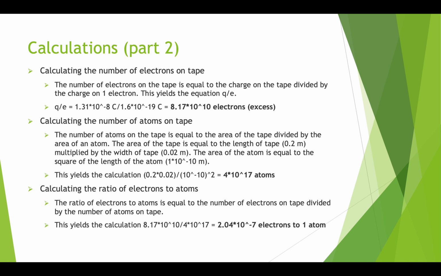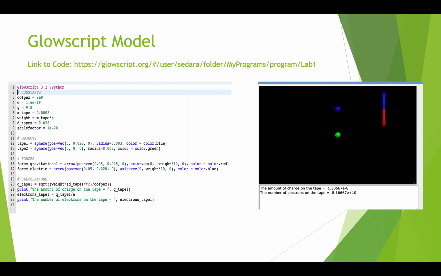Finally, I calculated the ratio of electrons to atoms, which is the number of electrons on the tape divided by the number of atoms on the tape, which led to the result 2.04 times 10 to the power negative 7 electrons to one atom. So now let's look at my GlowScript model of the lab to get a better idea